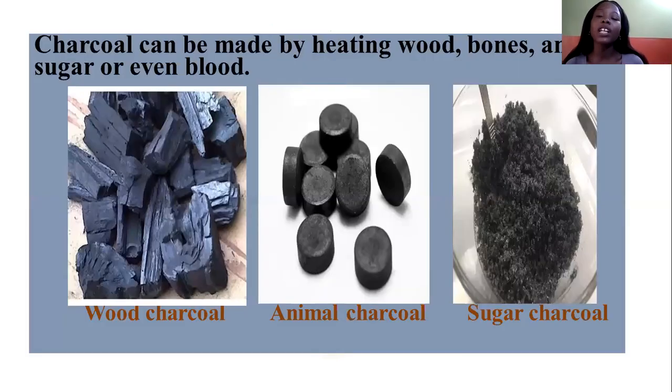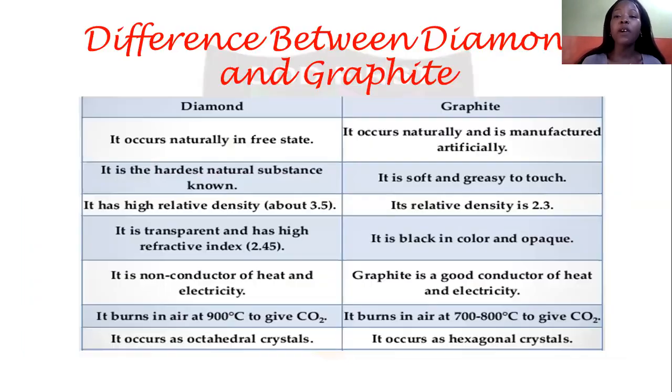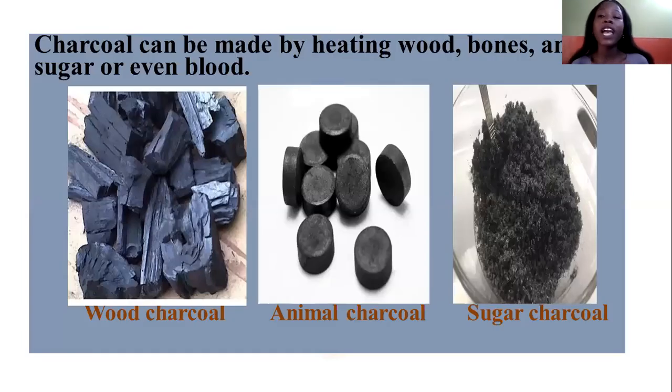Now, the next one we are looking at is the amorphous form of carbon. The first form of amorphous carbon is charcoal. I'm sure you know what charcoal is, but there are different forms of charcoal. You have wood charcoal, animal charcoal, and sugar charcoal. Each of these is made by burning these substances in limited supply of oxygen. For example, wood charcoal is made from burning wood in limited supply of oxygen. Animal charcoal is made from burning bones or even blood in limited supply of oxygen, while sugar charcoal is made